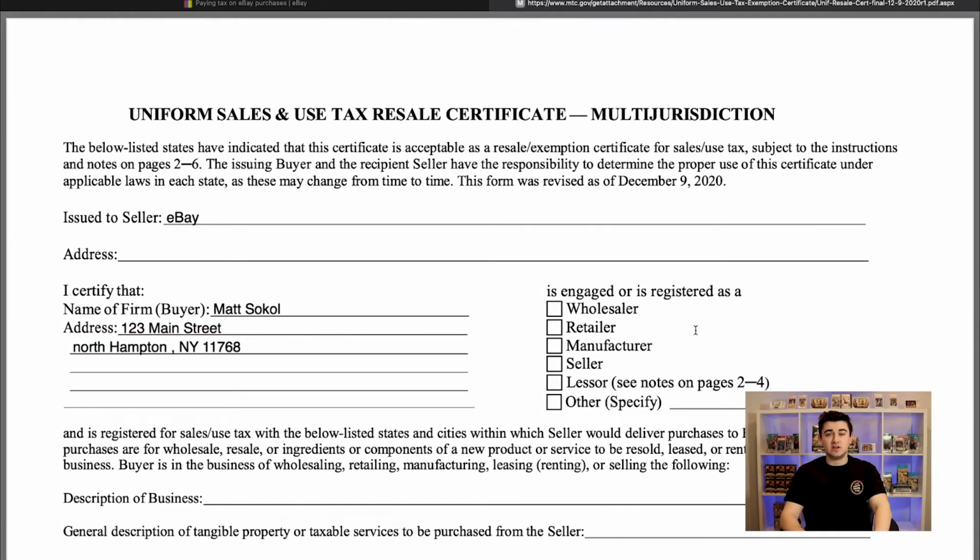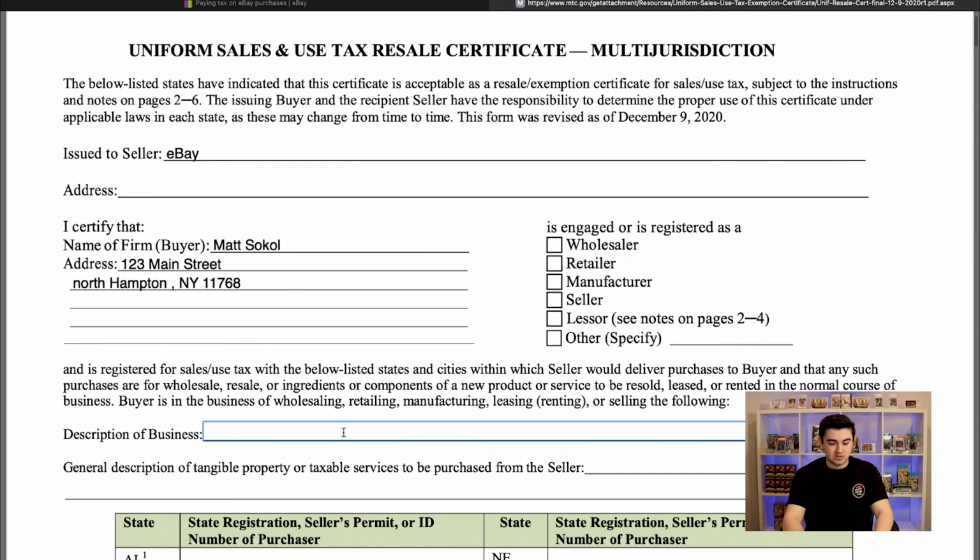So generally, most of us, well, it really depends on your kind of business. It's going to vary. Because I'm a wholesaler and a reseller, this is actually confusing, but I'm not going to trip on it. I'm just going to say that most of my business is wholesale, so I'm just going to say wholesale. Okay, and you can't actually click this form, so I guess you would have to print it out and just select that. But I would click wholesale, description of business, online sales of mainly sports cards,